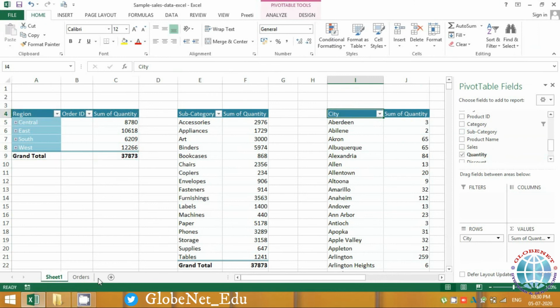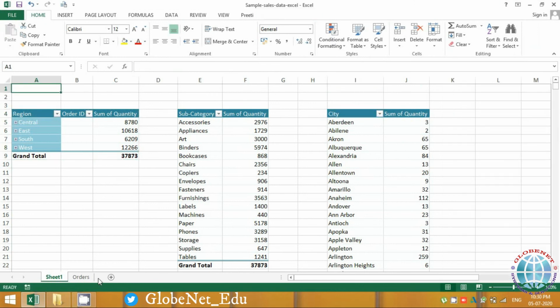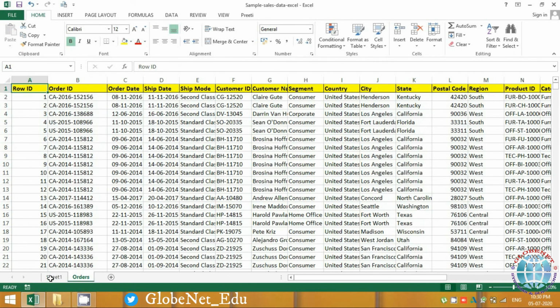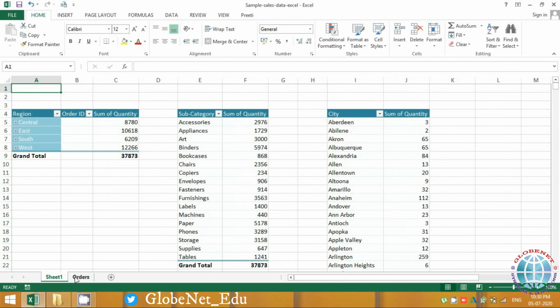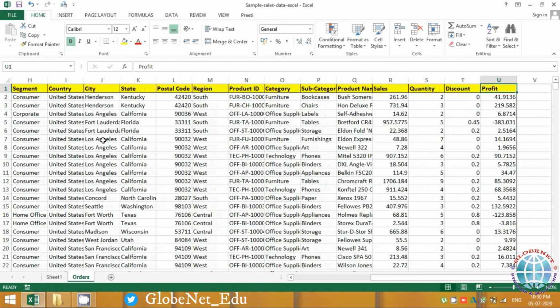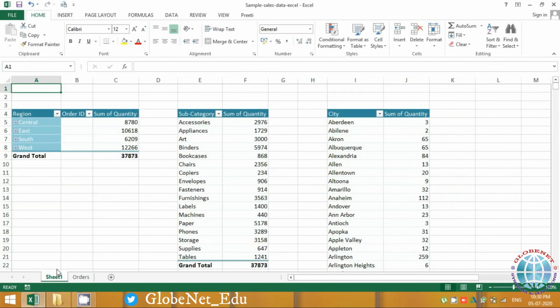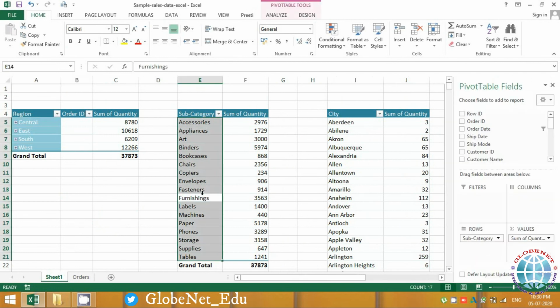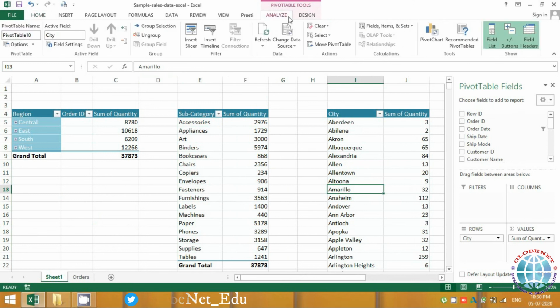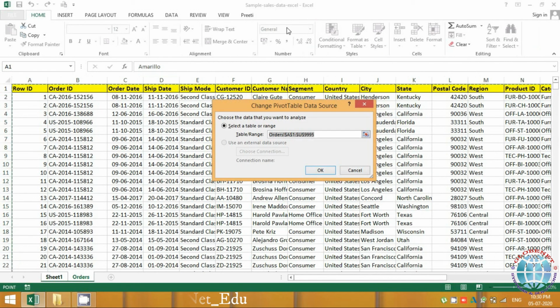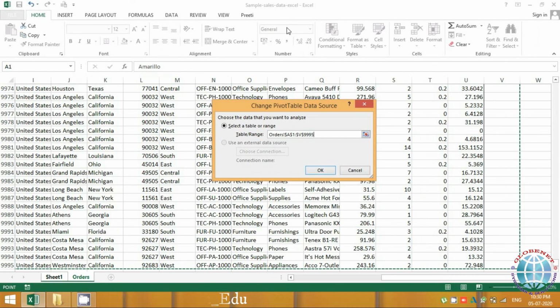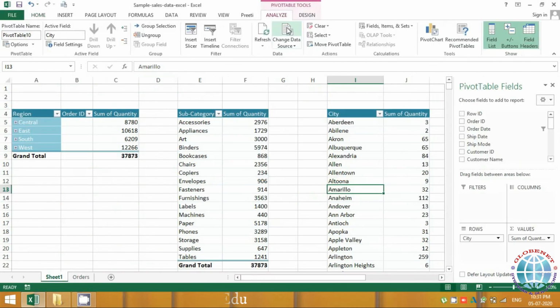What happens is, whenever you do any changes in your base data, you'll have to always come and refresh your pivots, and in case there is a change in the reference, refresh is still better actually, but if let's say you have added a new column, okay, you'll have to come and change the reference in each of these pivots, because automatically these references won't change. So if you see, if I do change data over here, I'll change the reference and I'll do OK. This is just for this column.